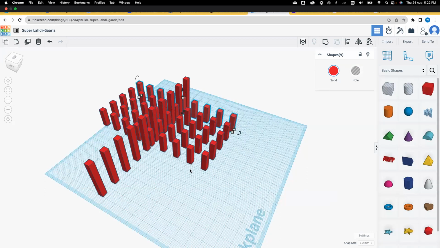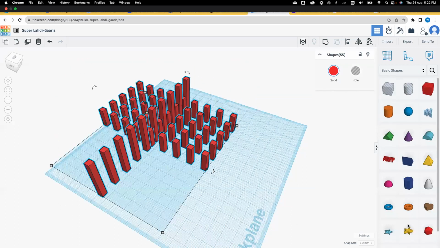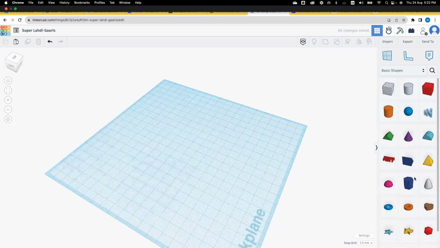So this technical part, I believe, is more than enough for your students to know. We have discovered the duplicate, the group, the align, how to create a hole. That's it. So I will be selecting all, I will be deleting, and then let us